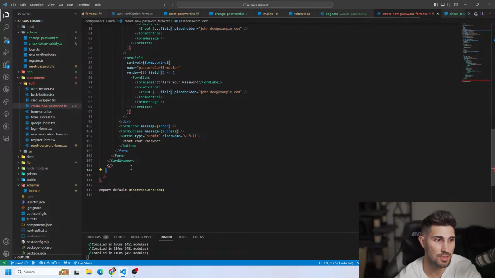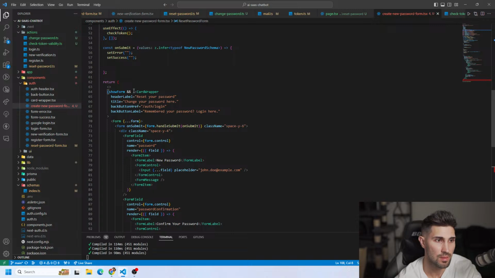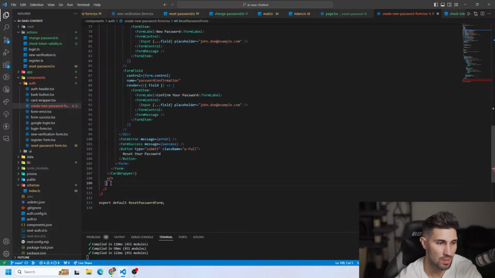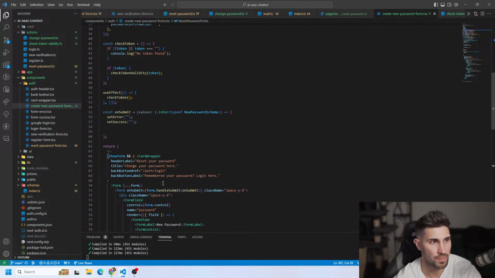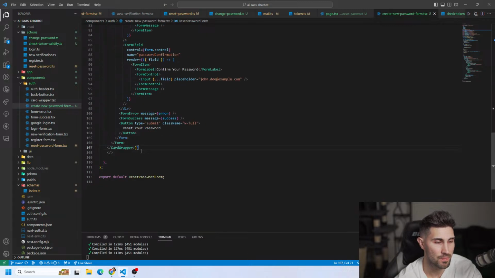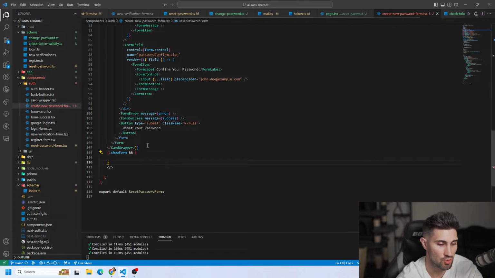Makes sense. And I can wrap all of this in the parentheses. So if show form is true, then we display the card wrapper. And then we could put down here, if show form is not true,